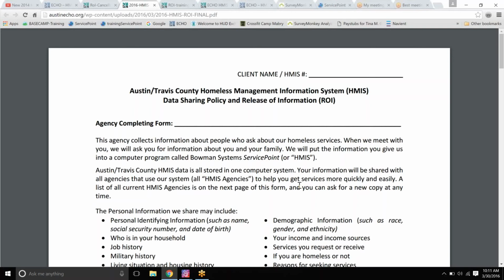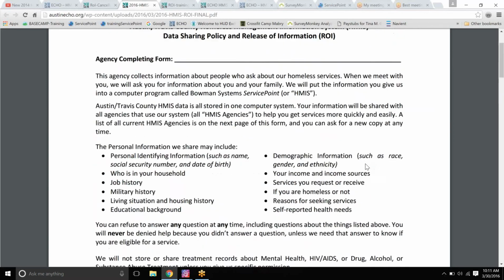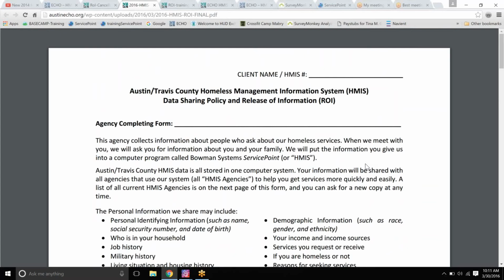If you are the agency administrator, make sure that your end users have the new version of that. If you guys are putting them in packets, whatever that looks like, make sure you get that out to the branches of people that are going to be filling this out. You can tell that it's the new release of information by looking on the bottom right-hand side of it. It says revised 3/25/2016. So that's one of the ways you can identify that it's the new release of information. So at this time, let's go ahead and pull out the copy of the release of information with the changes, and we'll go over the changes that you see.